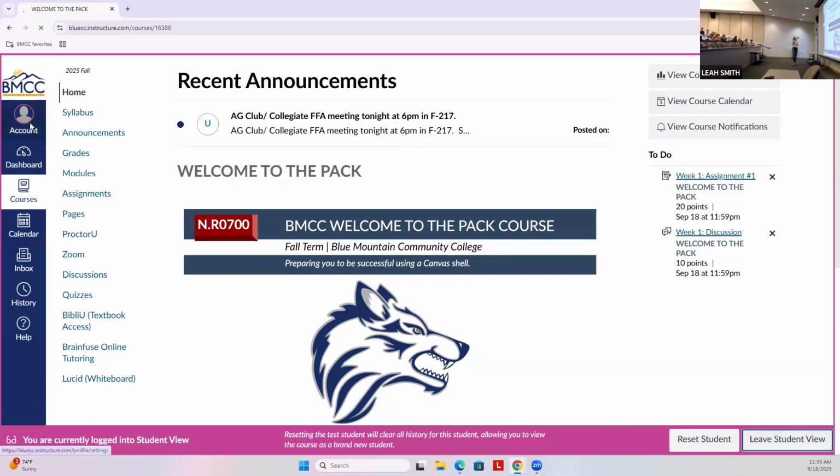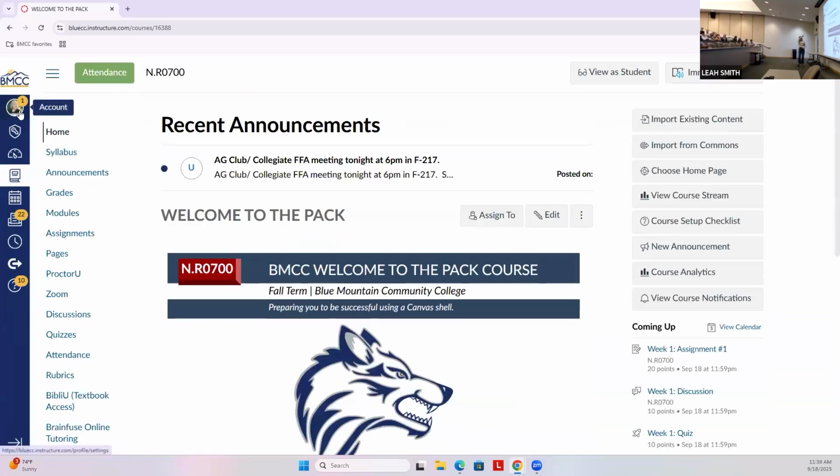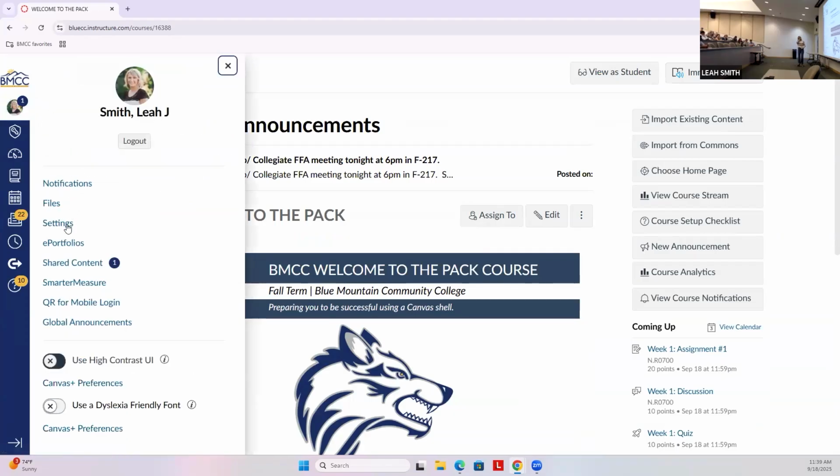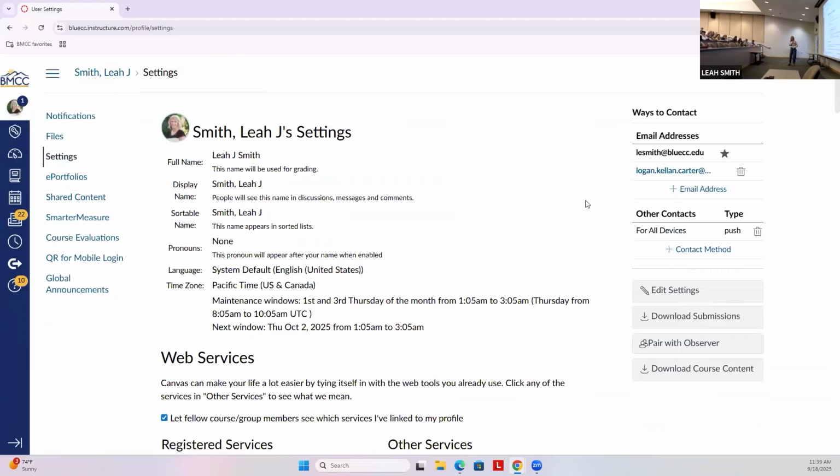So it's really simple. When you go to your homepage, you should have a picture of yourself. If you haven't, put an avatar picture in there. You click on your account name and it pulls up another menu. Go to settings. The first thing I would do is add another way of being notified. On the right-hand side of the screen, it says ways to contact. The only way the college currently has is to send you an email to Canvas. I find a lot of my students don't do a great job of checking Canvas email. They check Canvas, but they don't check their Canvas email.